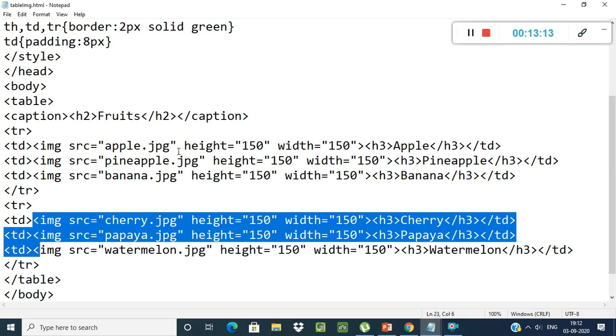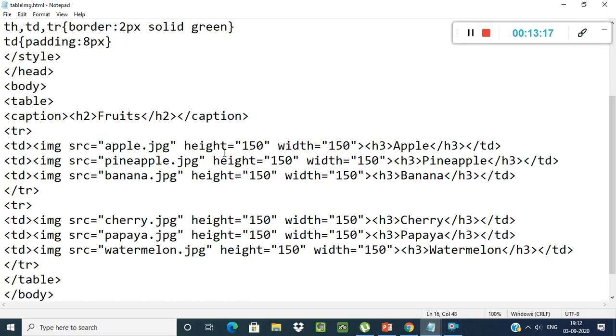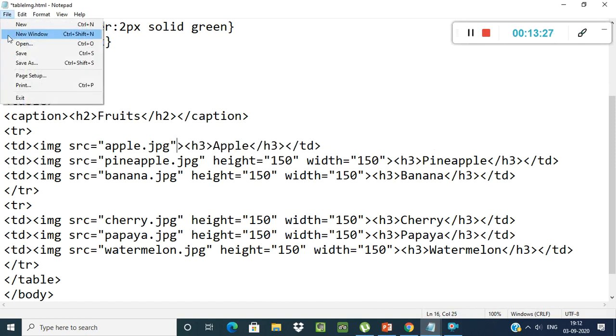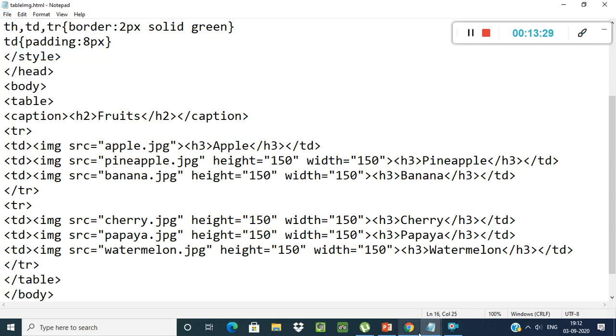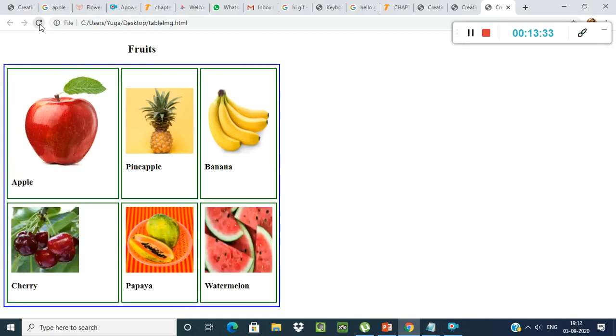Suppose for the apple, I am not giving the height and width. I select this height and width and delete it. Now save this file and see the output over here. Reload this and see, the apple image becomes big. Understood? Likewise your images will come up and down.